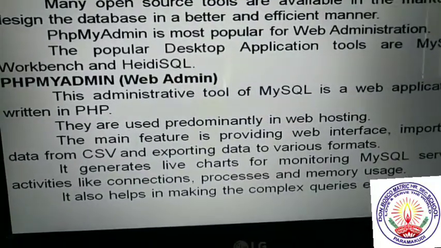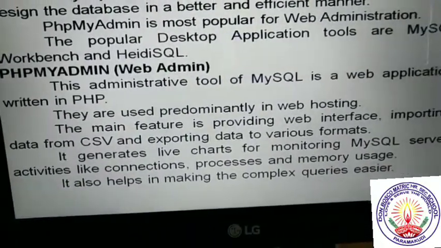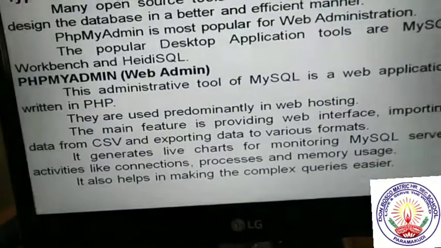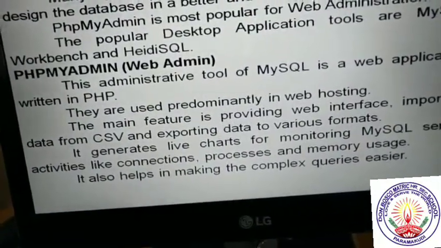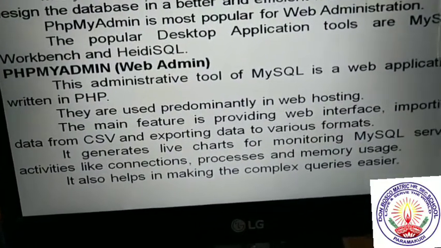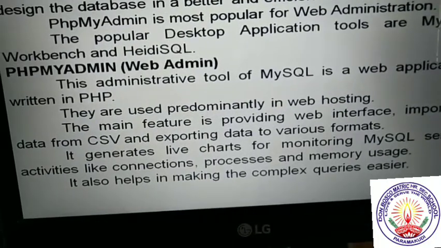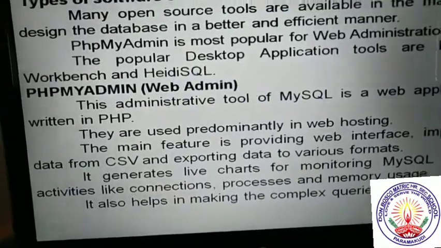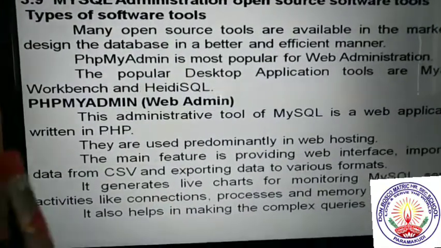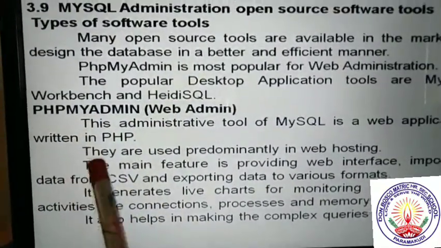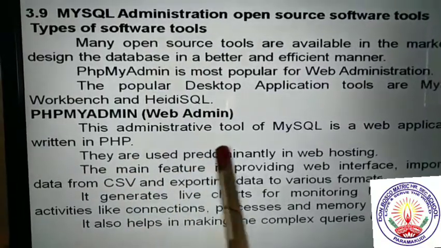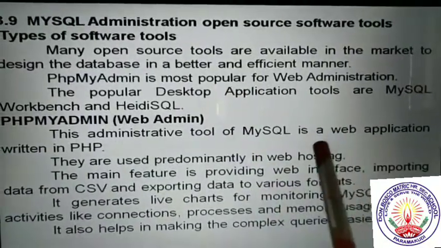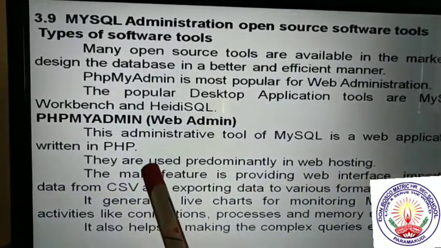Okay, it can generate live charts for monitoring MySQL server activities like connections, processes and memory usage. It also helps in making complex queries easier. So just note that phpMyAdmin is an administrative tool of MySQL, a web application written in PHP.